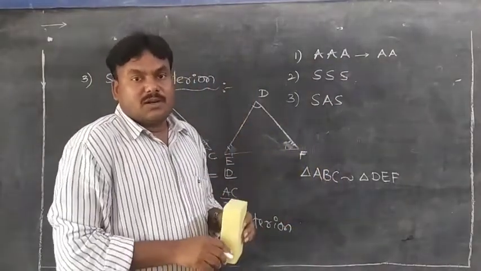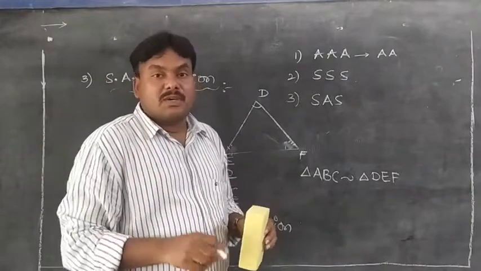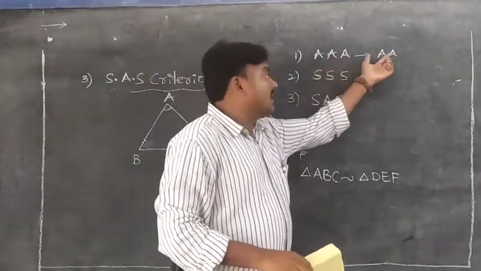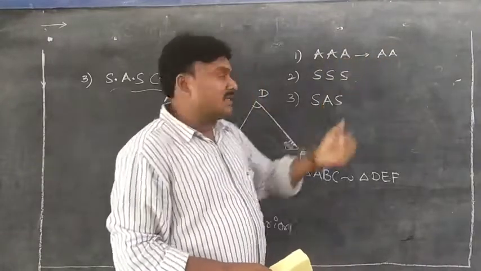Third angle also equal. By using the angle sum property, we can get the third angle also. So the AAA criterion is also used as the AA criterion. Okay, students. Next,